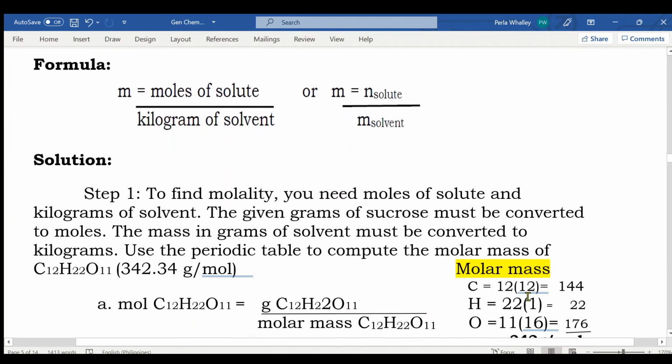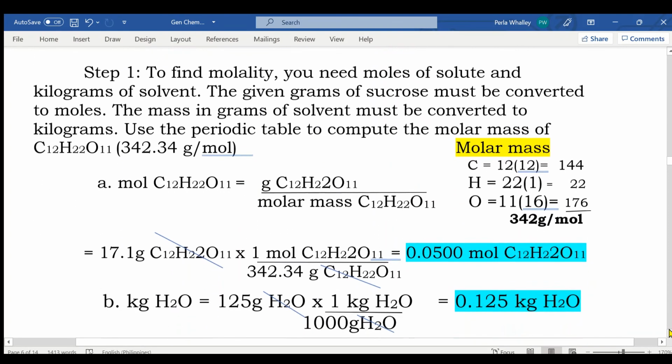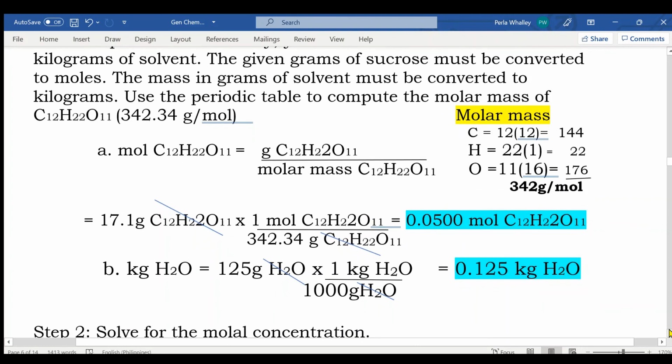Formula: molality is equal to moles of solute over kilogram of solvent. Solution. Step 1. To find molality, you need moles of solute and kilograms of solvent. The given grams of sucrose must be converted to moles. The mass in grams of solvent must be converted to kilograms. And then we will use the periodic table to compute the molar mass of C12H22O11, or you can just use this